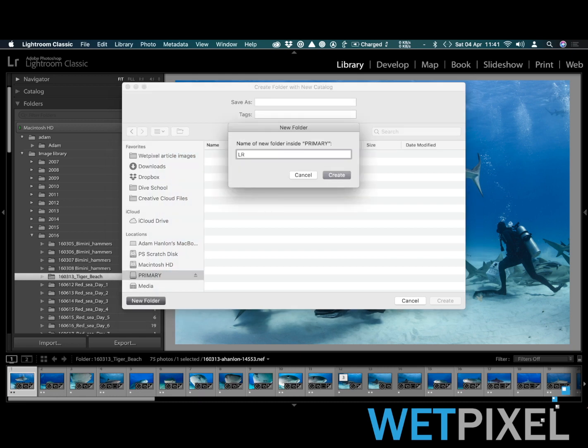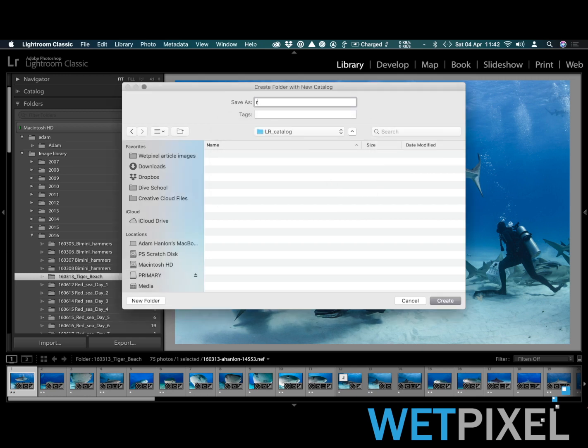I'm going to create the catalog in a new folder, and the purpose of doing that is that Lightroom itself creates lots of files as part of its structure, and by creating a new folder it will create all those files in that new folder, which avoids them getting complicated on the external hard drive. So I just create a new folder, and I'm going to call the catalog Raja Ampat 0420,